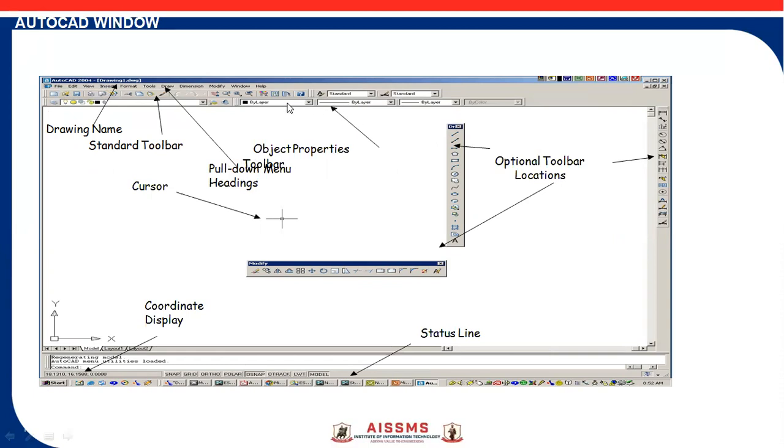There are three layers: one for the color, one for the type of line, and one for the thickness of the line. Then the optional toolbars, some of the basic toolbars like line, polyline, polygon, rectangle, arc, circle, revolve, spline, ellipse, elliptical arc, hatching, and text. You will find these commands.